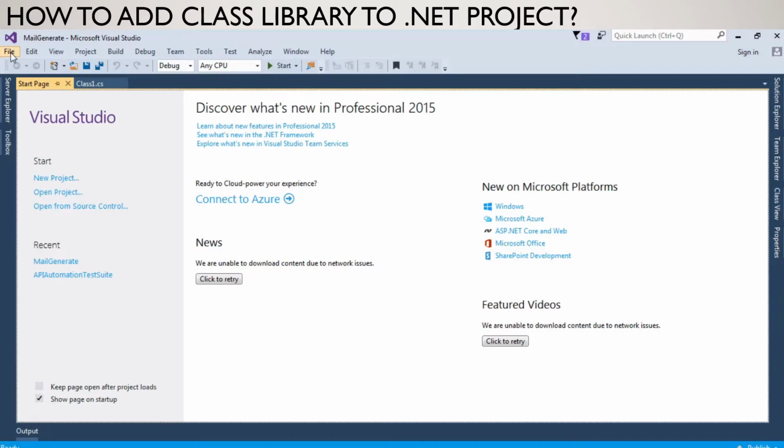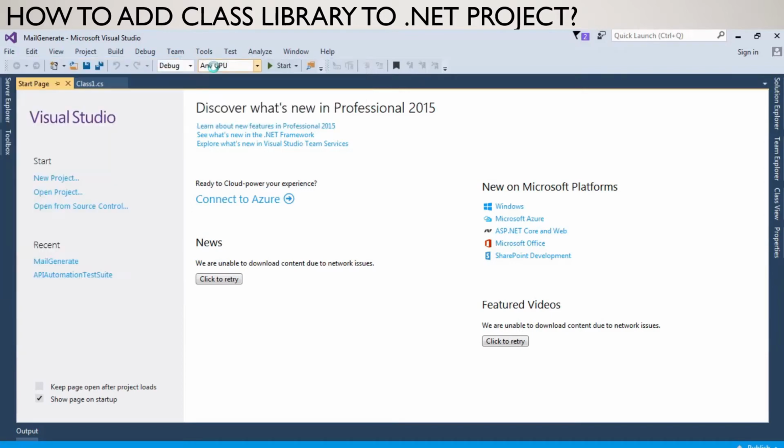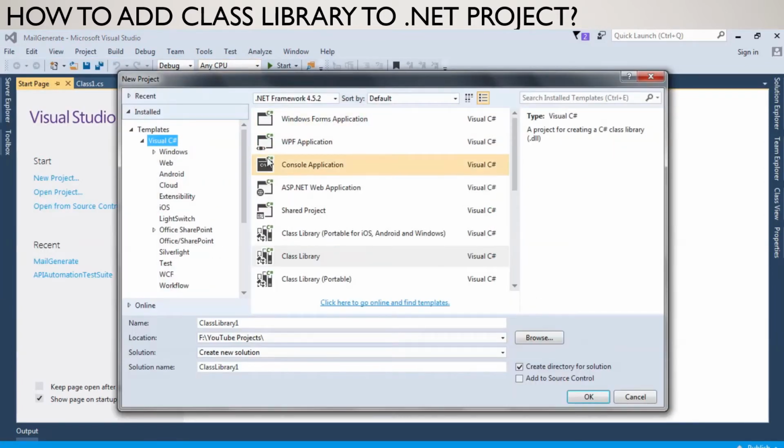First, how we can add class library. So just go to File, New, and Project. You will get all the templates. So you need to select the class library,